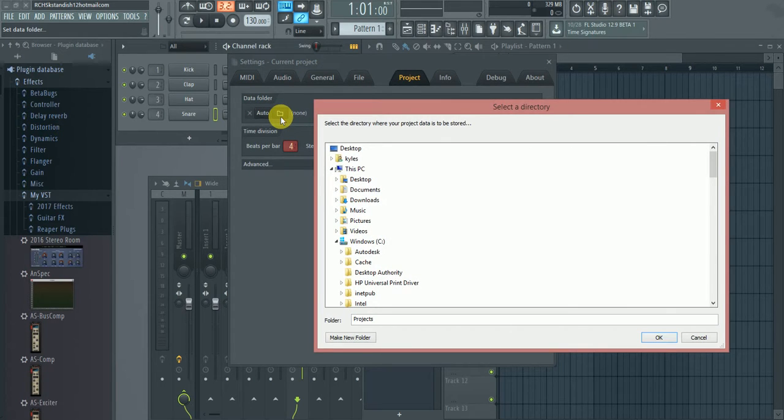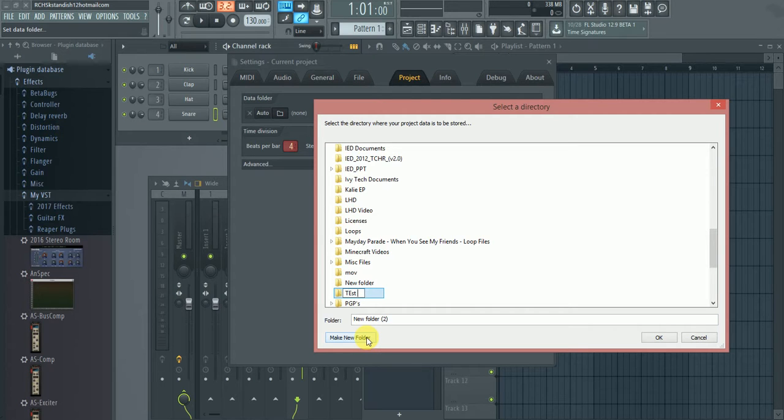For you, it would be your Y drive or a flash drive depending on what you have hooked up. You don't want to save it to your C drive on the laptop because that fills up the space and you can end up losing the work that you have. So for this, I'm going to go ahead and just select desktop because I'm going to delete the project when I'm done. I'm going to make a new folder,